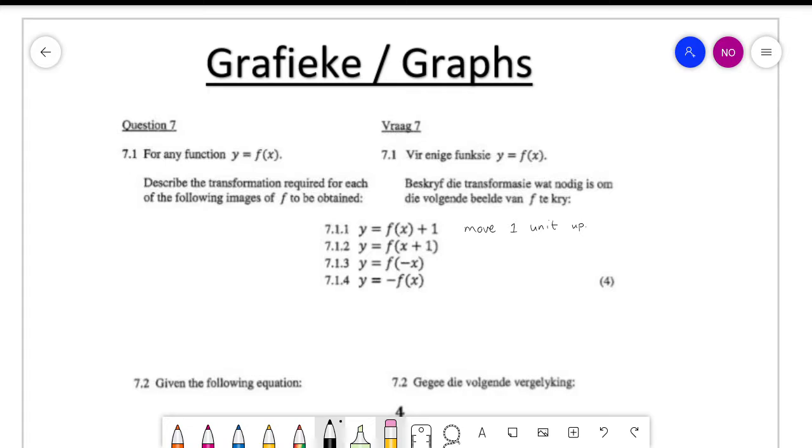But because it's an x value, you have to swap it around. So it's move 1